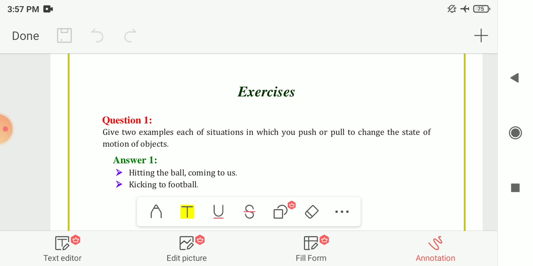Then we had seen another type of force, that is non-contact force. The force which acts from a distance without coming into direct contact with the object is known as the non-contact force. For example, magnetic force, electrostatic force, gravitational force, etc. Then we had seen these forces in detail. The force exerted by a magnet on another magnet or a magnetic material is known as the magnetic force. And the force exerted by a charged body on another charged body or an uncharged body is known as